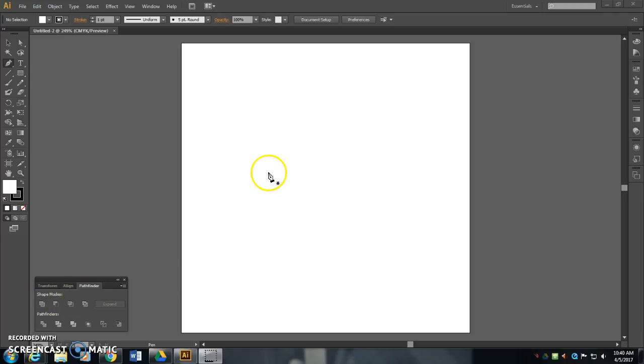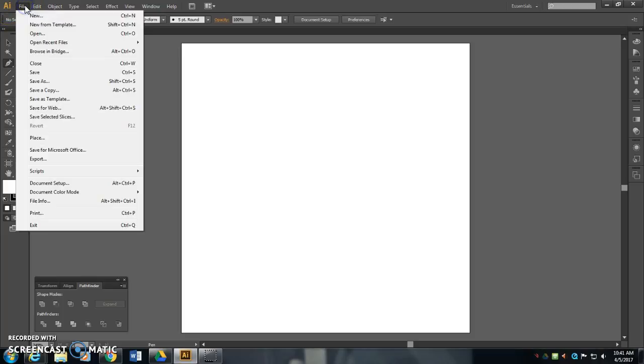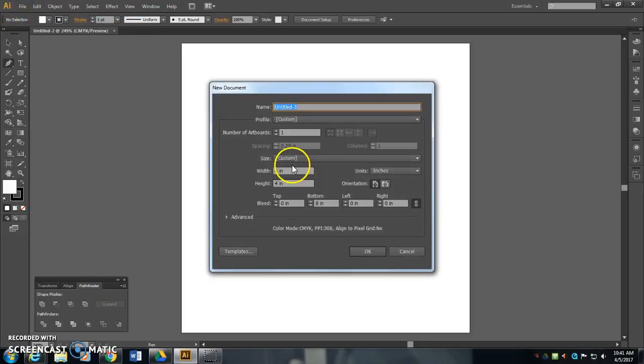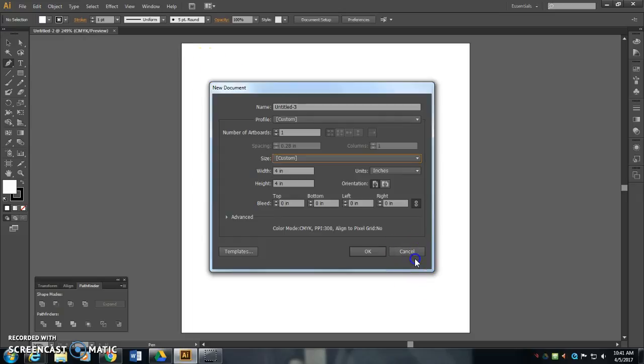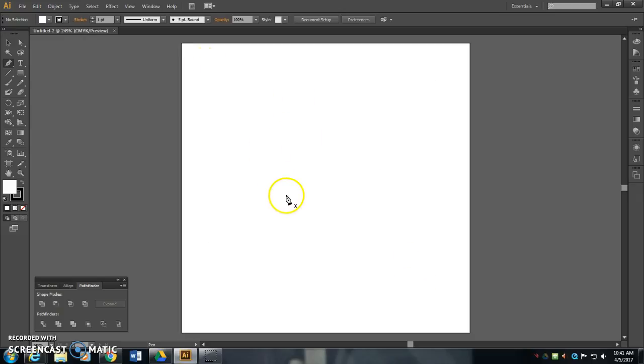Alright, so I'm going to start with a new project here in Adobe Illustrator. This is different. It's not Photoshop this time. We're going to go to File and New. Now I plugged in some different sizes here. You can just make it on a letter size project and that would be just fine. I'm going to do mine a little bit differently so you can kind of see everything closer up